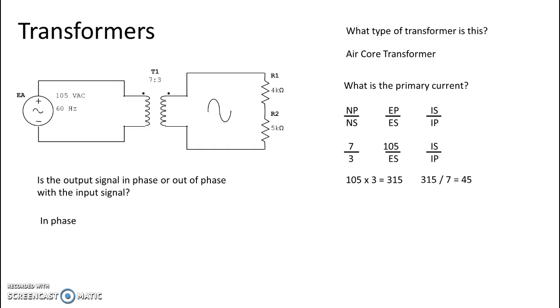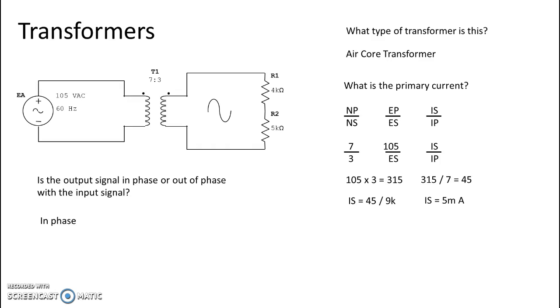Now, when I'm looking for current, right, because that's the next thing I'm going to look for, I'm going to start with current in the secondary. Now I know current is voltage divided by resistance. I have voltage in the secondary and I have resistance in the secondary. So all I have to do is add up my two resistors. They're in series, so I add them together. R1 and R2 are equal to 9K ohms. And so I take my voltage in my secondary, which is 45, divided by 9K ohms. And that gives me current in my secondary of